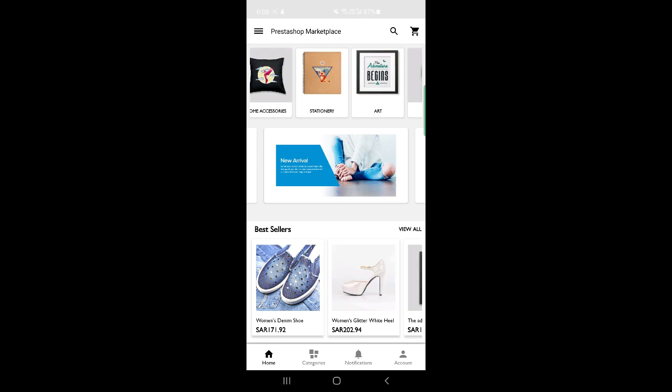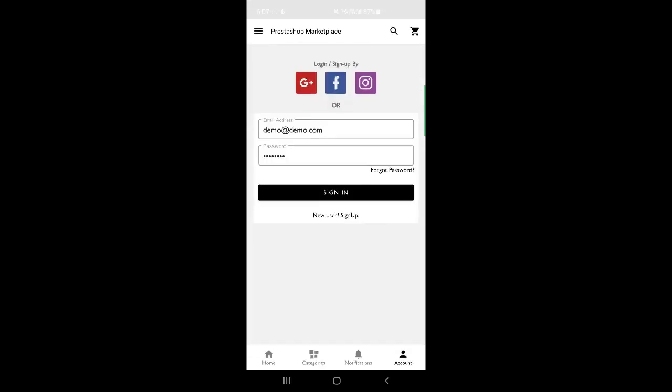Now let's hop on to the account section and let's see the rest of the flow there. So let's tap here on the account. As I've already told you, we can create a new user. The vendors can log in to their account panel. The customers can also, from this particular section, use their social networks, or if they have already registered, they can use their email address and the password to log in.